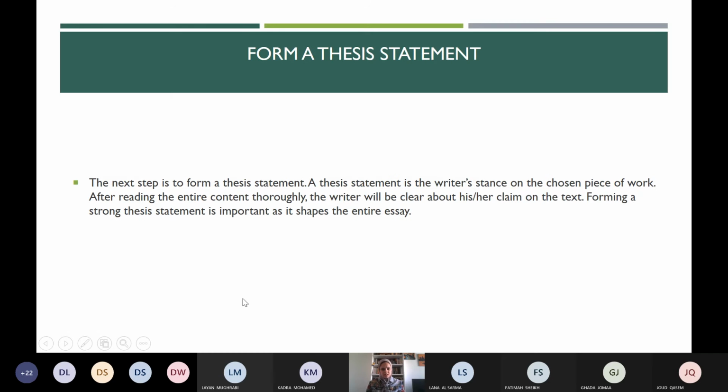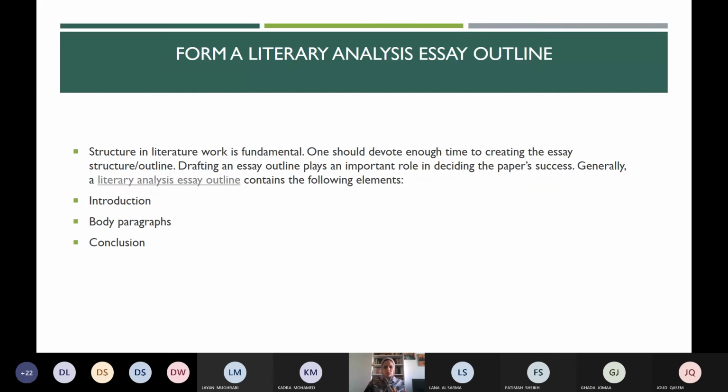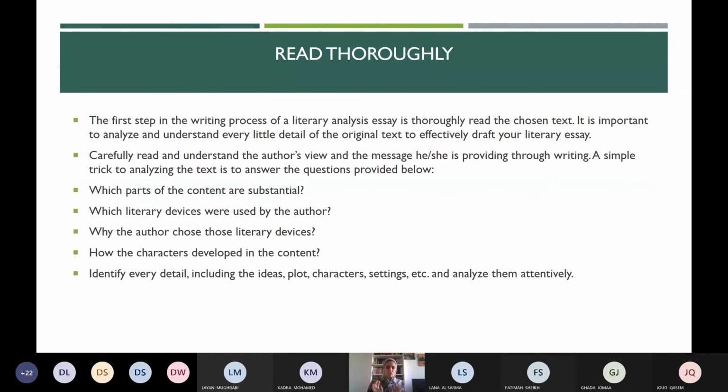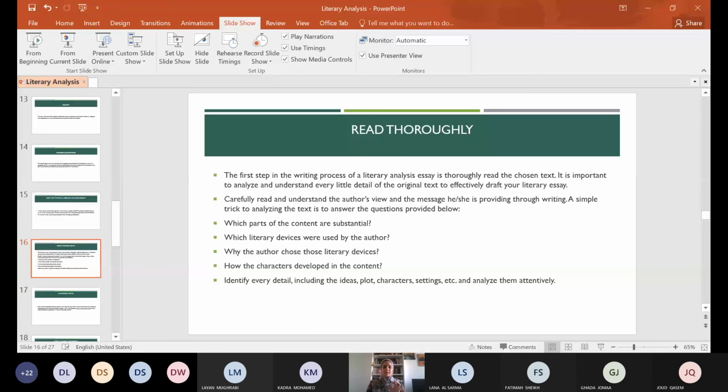Literary analysis essays, literary analysis topics. I don't want to start on this. We'll start on this next time, because that is where we will start writing. I want to stop at how we form our minds and how we arrange the ideas. So I only want to stop here.